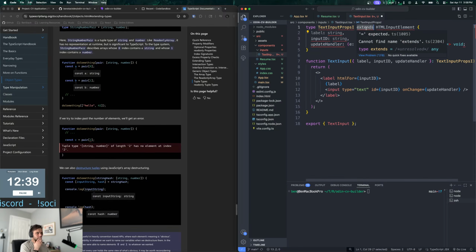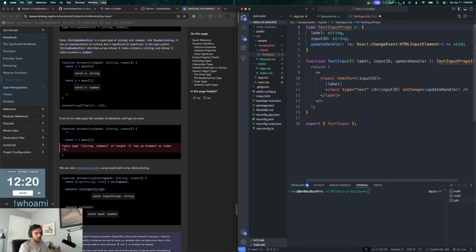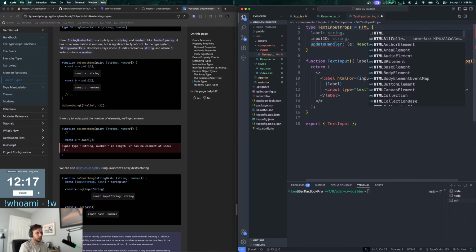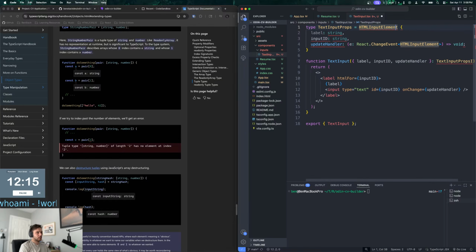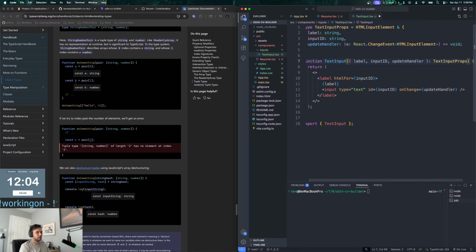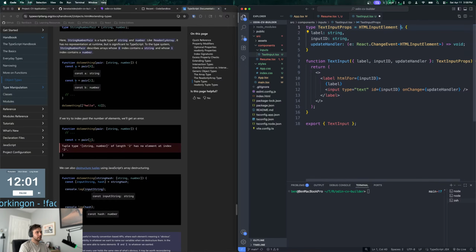Because you can't extend it like this. Type text input props equals base props and custom props. Oh, okay. So it would be HTML input element. It would be the types from this, right? Like this? Does that work?